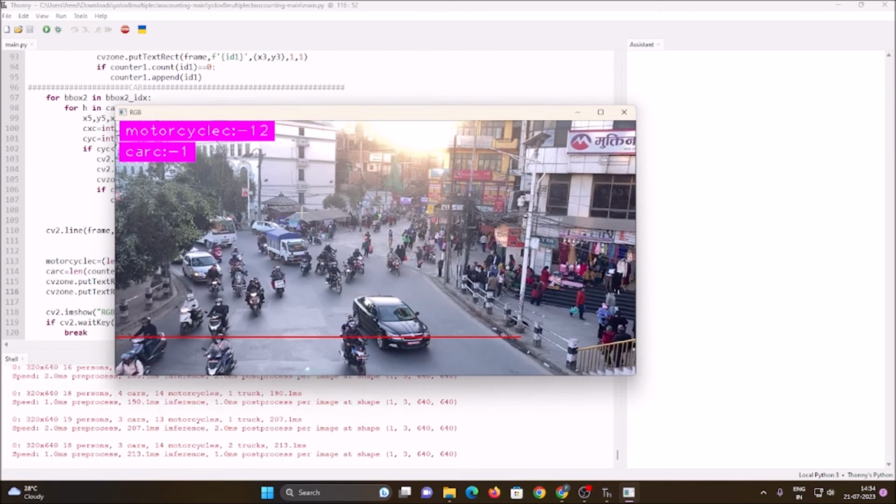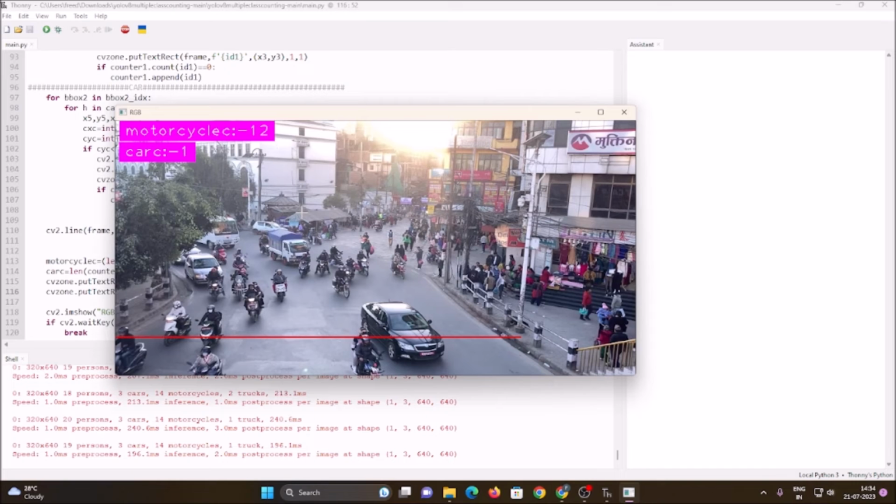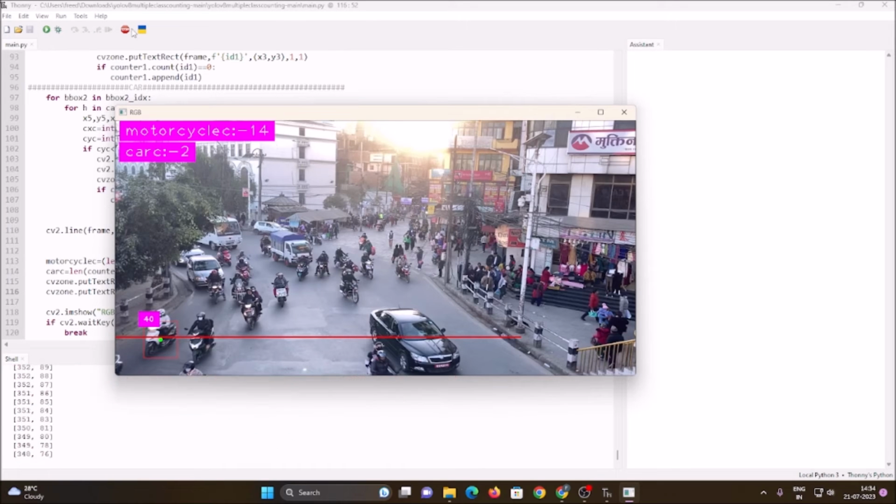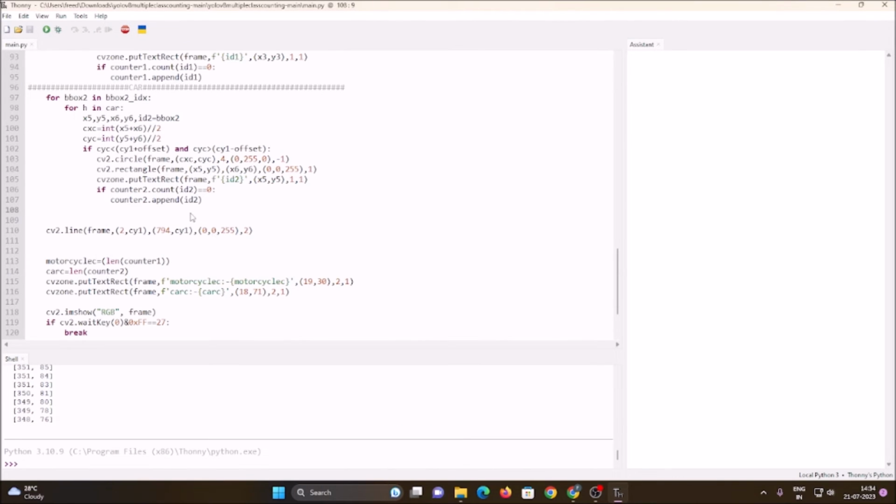So watch for the Skoda. When the Skoda car touches the line, we have 2 cars. Means our code is perfectly working. We are counting multiple vehicle classes. Now the truck. Okay, so we are going to create here a new section again